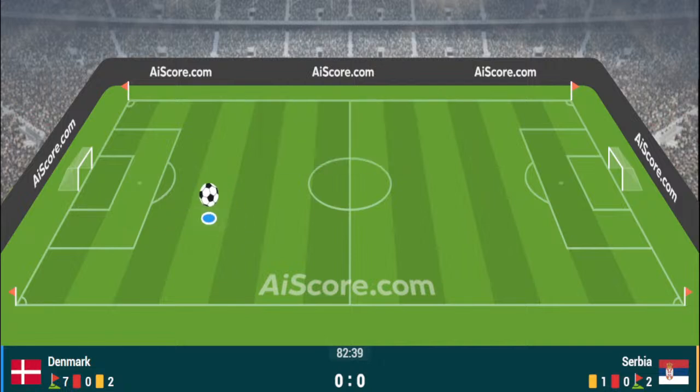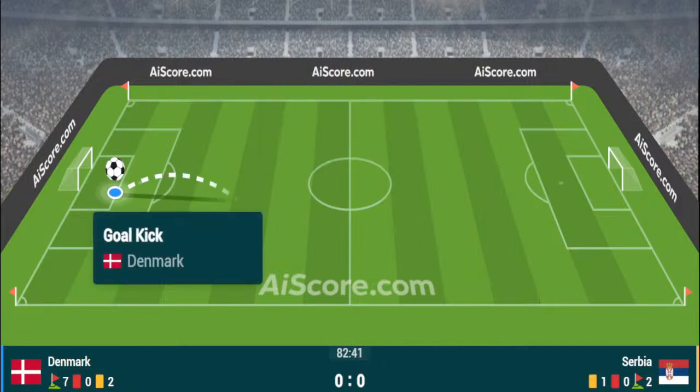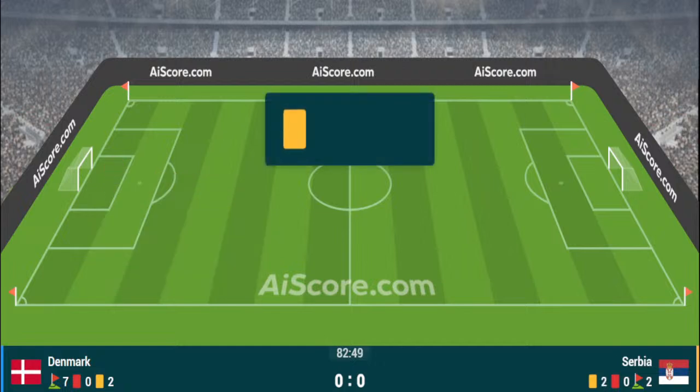Slovenia would still qualify as it stands for the last 16 due to their placing as a third best side, but it is just so tight. And for Serbia, I mean, all of this would be absolutely no good because Serbia know they need a goal. Denmark in possession on the left-hand side. Denmark, the ball into the penalty area, and Dolberg was the target, didn't quite come off. And ball comes to Serbia now on that left-hand side.